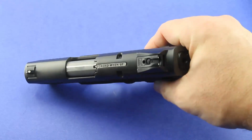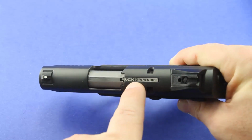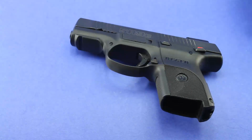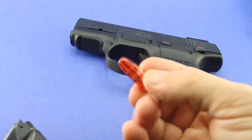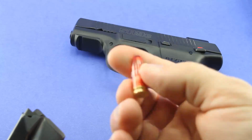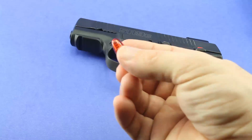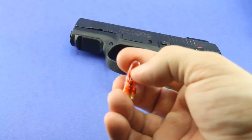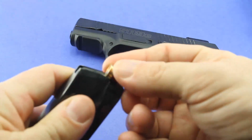is this pop-up safety. You'll see here that it says that it's loaded when up. This is a flush item here. I'm going to go ahead and take one of the magazines here, and I'm going to put a snap cap in it. This is not a live round. This is a device that you use in your magazine for training purposes. So there's no danger that this will go off. There is no gunpowder, no bullet in this round. It can't go off. So I'm just going to go ahead and